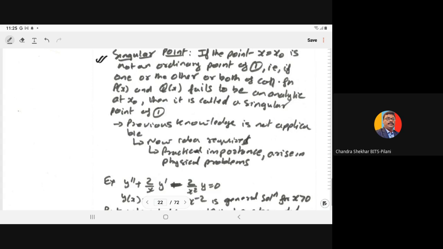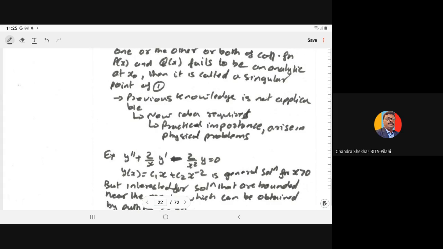From the power series solution, we will extend to the Frobenius series solution. So wherever we have the regular singular point, there we determine the Frobenius series solution. These equations are of much practical use. You will find that there are so many equations in physics which require such kind of solution, which has such kind of singularity. We require the solution, so we have to go to some extended method.